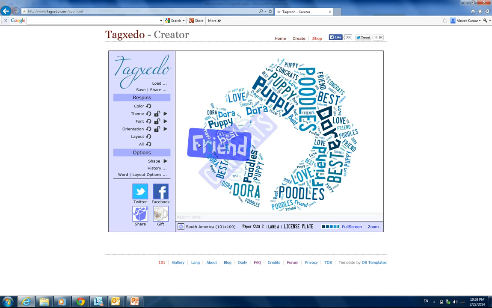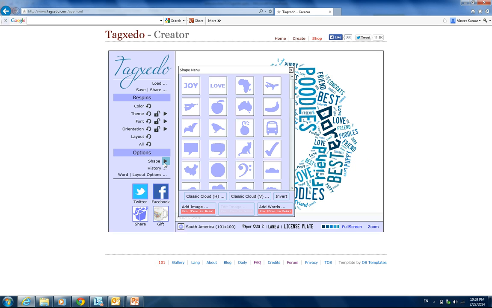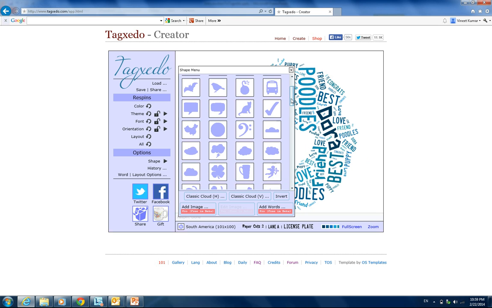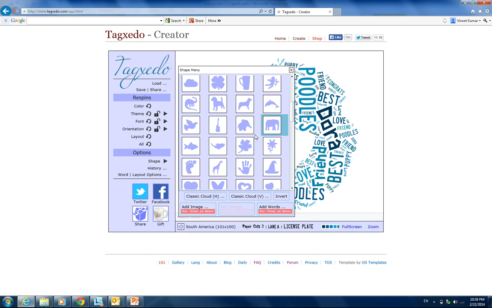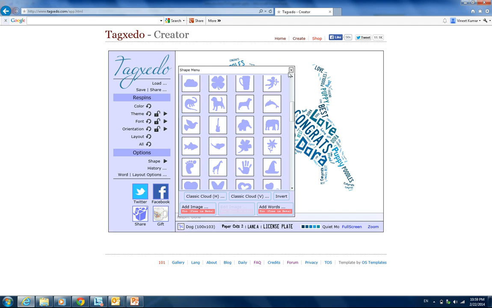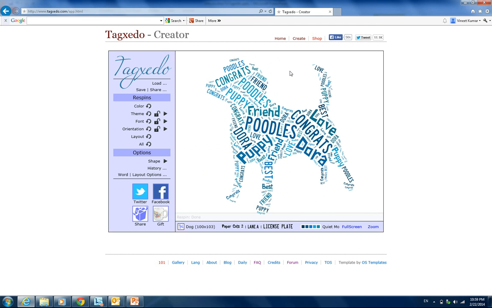The next thing you got to do is pick the shape. Right out here there is a button that says shape, and there are many shapes that you like. There's a banana, there's a school bus, you can scroll down and pick whichever one you like. There are flowers, there's a bat, there's an elephant, and we want the shape of a puppy. So we select the shape of a puppy, and then you can close that. Alright, so you can see it has already made a shape of a puppy with so many different kinds of